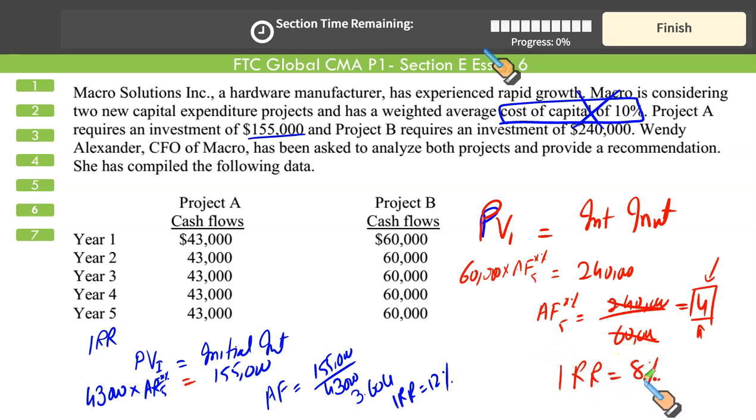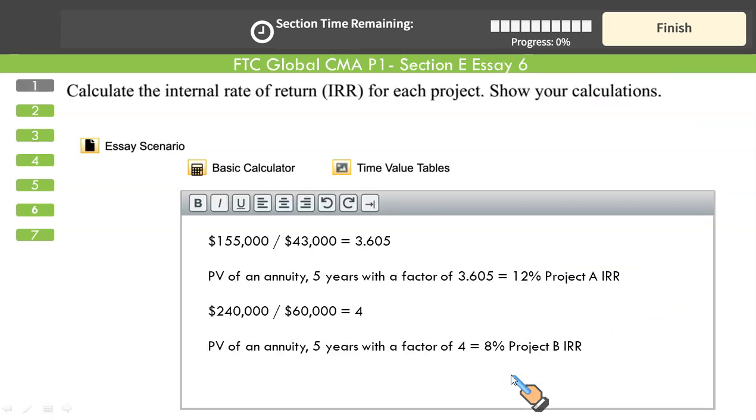So gentlemen, ladies, this is the kind of question you should expect on your CMA exam. IRR computation would be as simple as this. You do not need any sophisticated financial calculator or advanced tools like those we use in ACCA. We have some interpolation formulas there, but no need here. Simply use this formula and you are good to go. So let us see the result. Do they match? They should. 12% for project A, 8% for project B. Perfect. This is the way you go.